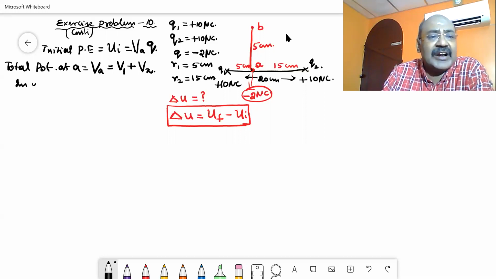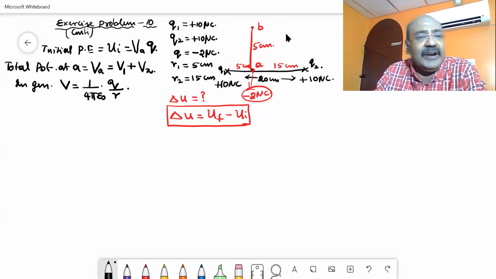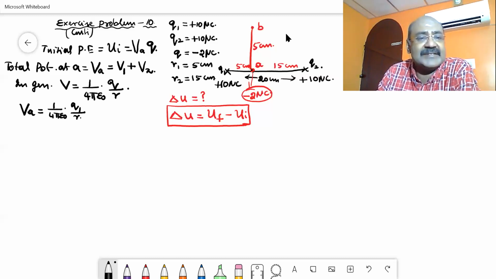We know in general, the potential at a point is given by the formula 1 divided by 4 pi epsilon 0 into Q divided by R. This is the general formula. Take this and substitute for V1 and V2. So I can write the potential at A, VA, is equal to 1 divided by 4 pi epsilon 0 into Q1 divided by R1 plus 1 divided by 4 pi epsilon 0 into Q2